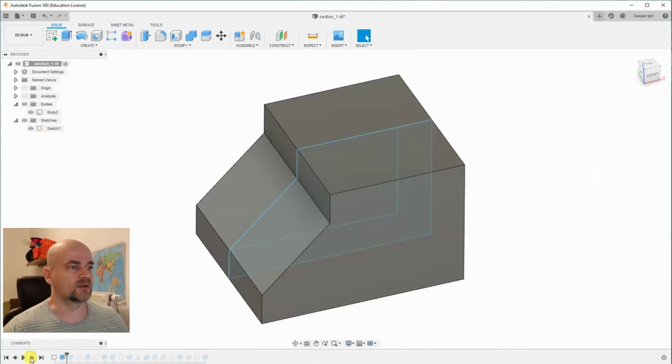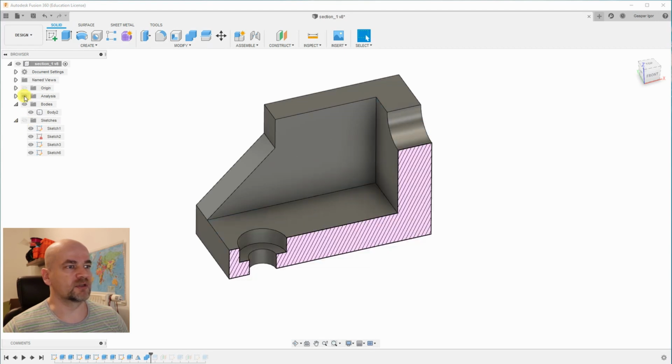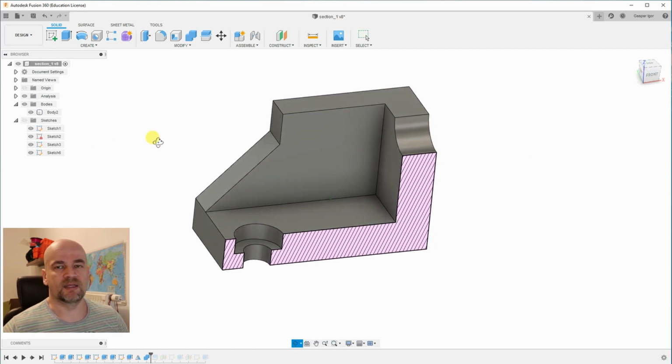Of course, here I started with a sketch which I extruded, and I can repeat this until I get the final object. And at this moment, I can even enable the section analysis, and basically this is how it looks in the section. But I need this in reality, so I need this 3D printed, because this is only visual in Fusion 360.